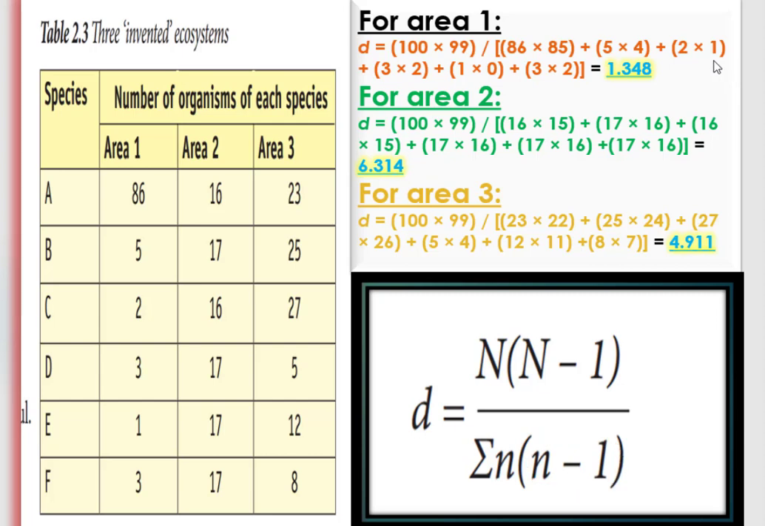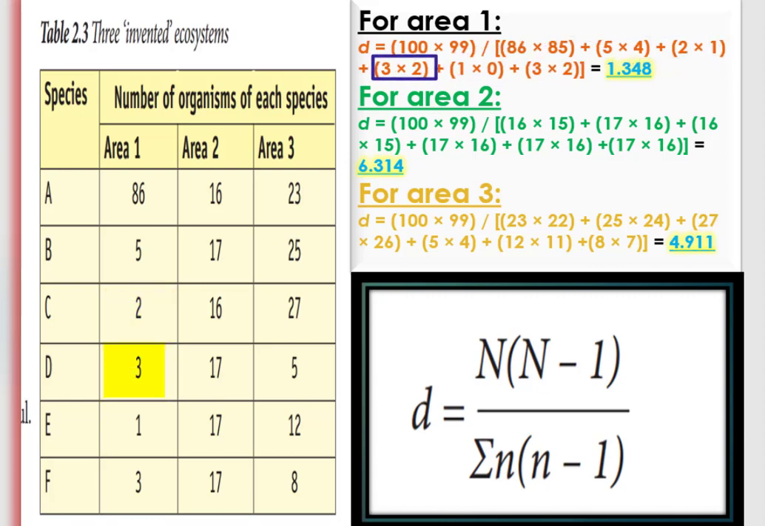So the index of biodiversity in ecosystem 1 is equal to the number of organisms in ecosystem 1, which is 100, times 99, divided by the summation of the number of individuals of species A, which is 86, times 86 minus 1, that is 85, plus species B, which is 5, times 5 minus 1, that is 4, plus species C, which is 2, times 2 minus 1, which is 1,